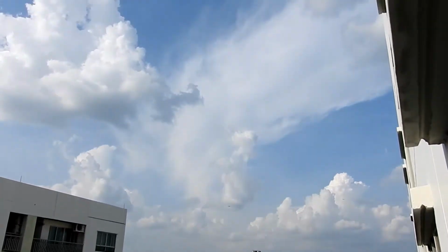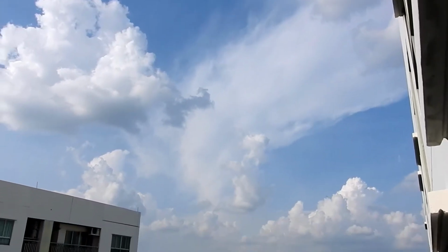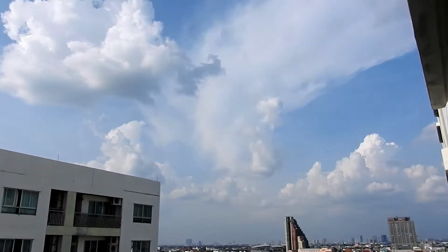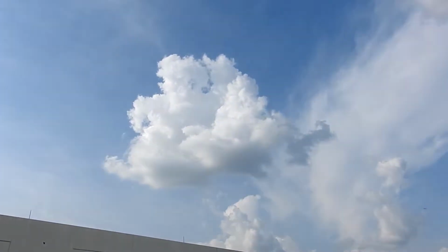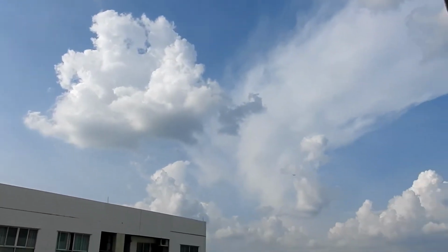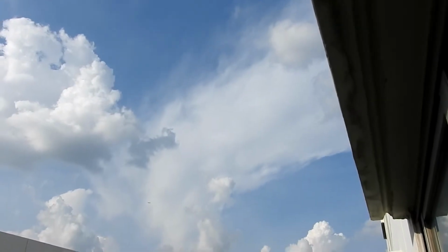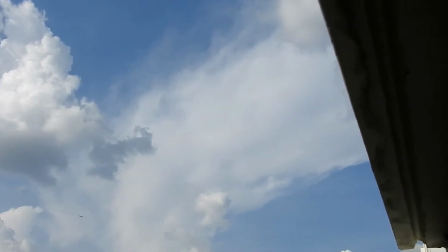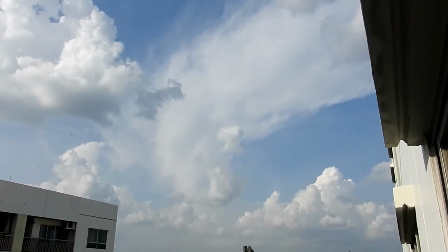However, what is this white silvery blob in the middle? How did that come to form? So we have these cumulus and cumulonimbus clouds. They formed due to gradual evaporation of moisture that has moved upwards and formed into these clouds. Whereas this silvery blob here, how on earth did that form? It's been sprayed. That's not natural. It's been dumped from high in the atmosphere and it's spread out as it's dropped